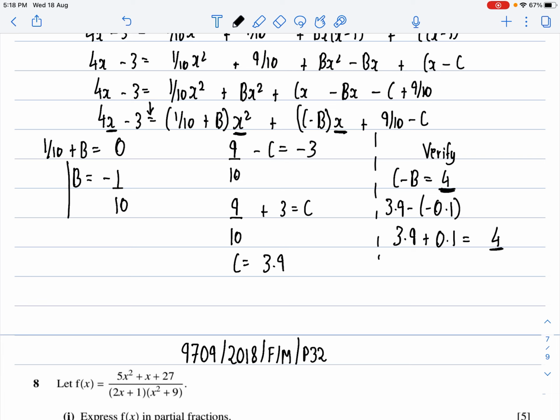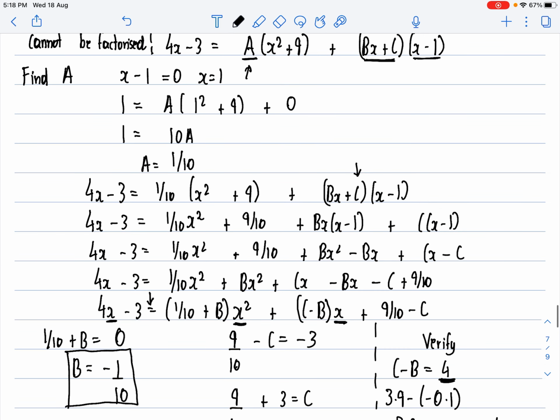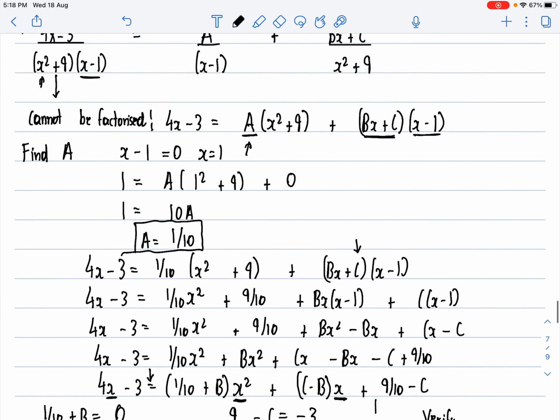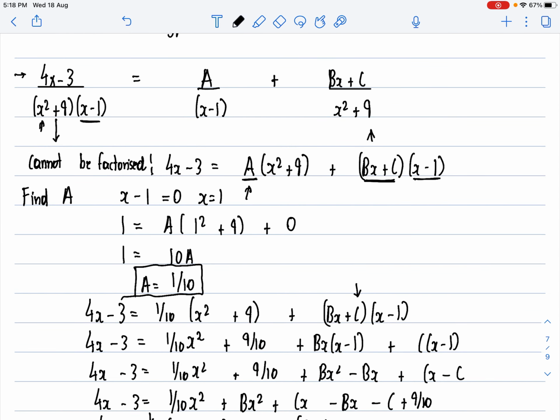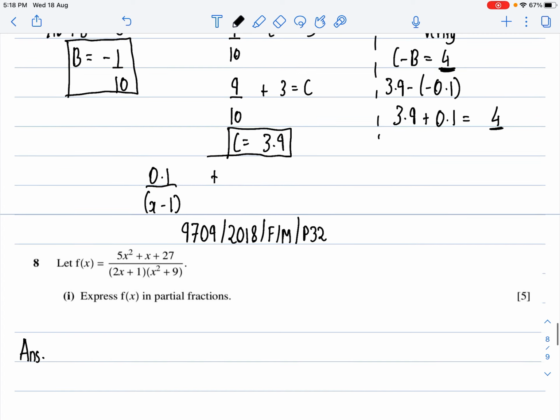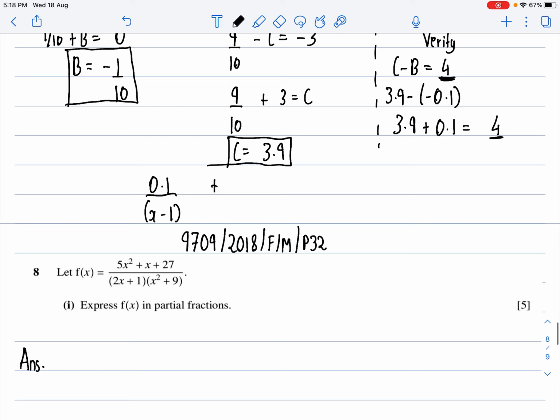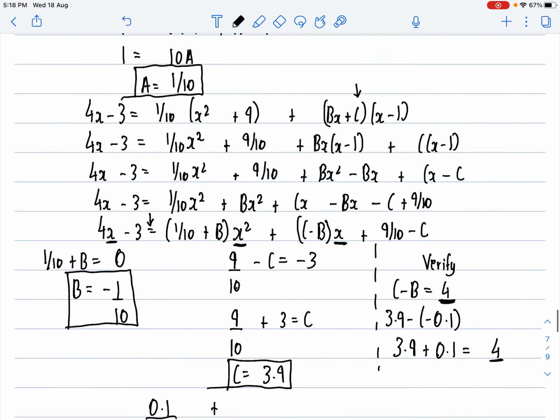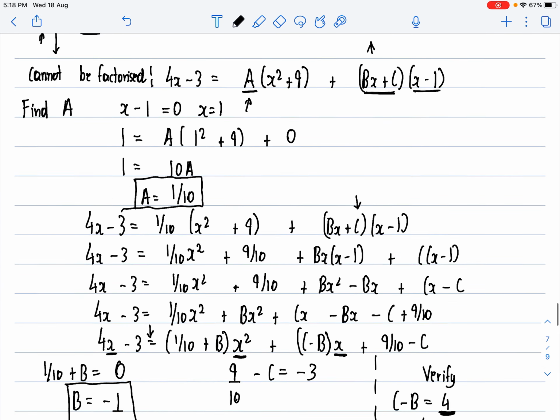That means you have the value of b, you have the value for c, and you have the value for a. And in this type you can even be 100% sure of your answer. So now you just need to write it in this form here. So you can write this as 0.1 over x minus 1, plus bx plus c. Obviously bx plus c you can write as c plus bx, because there's a negative, correct? So you can write this as